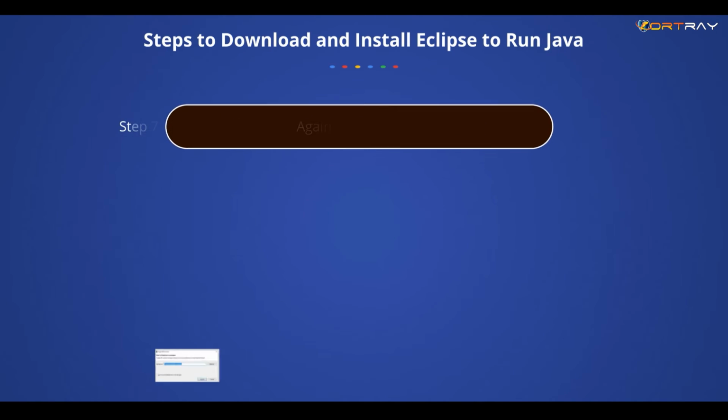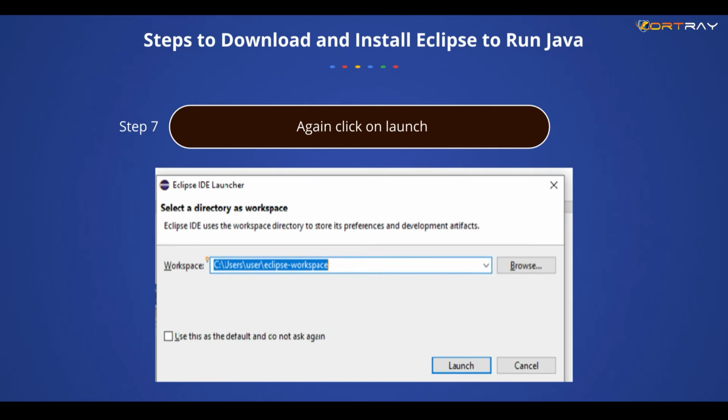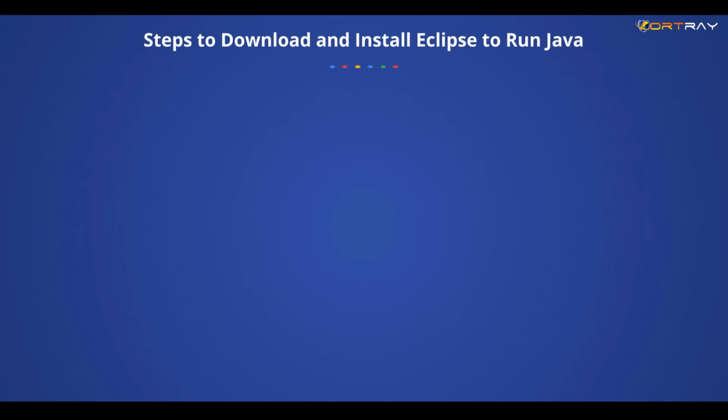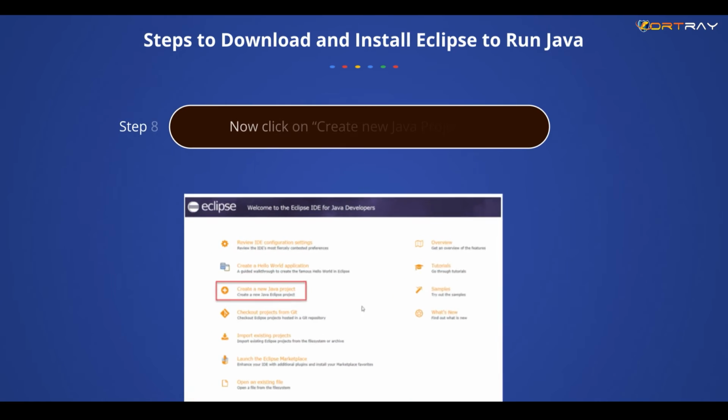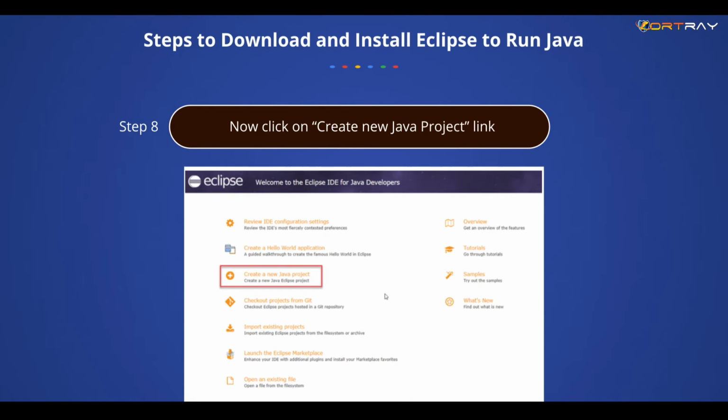And this is how it looks. All your Eclipse work is by default stored in this Eclipse workspace. In fact, if you want to change the path, you can always change this location. But this is the default one it identifies. And this is how you create a Java project, where you can just click on this Java project. There are other things also, but this is the basic thing, the common one we need most of the time.